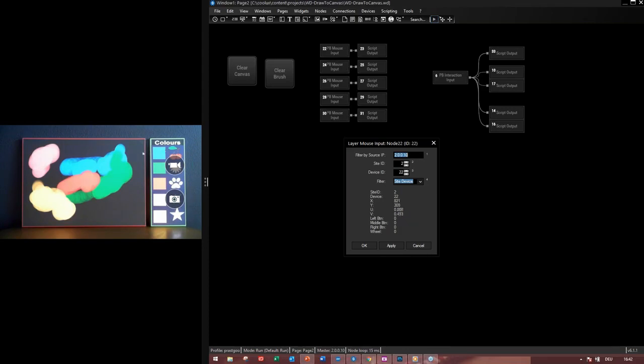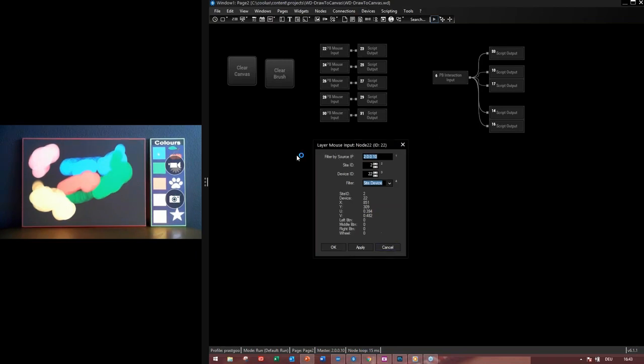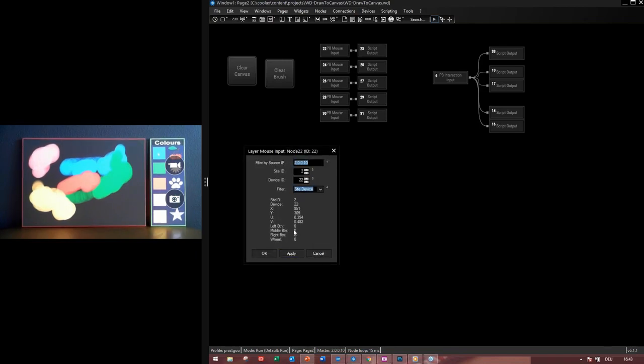If I go through this layer, you can see the positions, and if I do a left click, you can see the one is clicked. I can actually do it for the middle click or right click, or if I have the mouse wheel, I can also use the mouse wheel holding it. It's up to you how you want to filter or set this. But I have used the left click